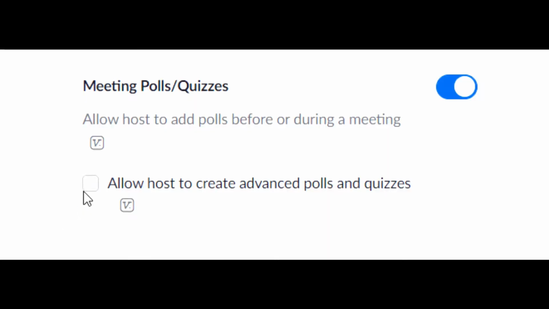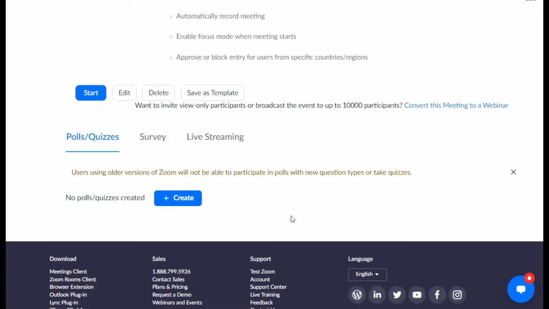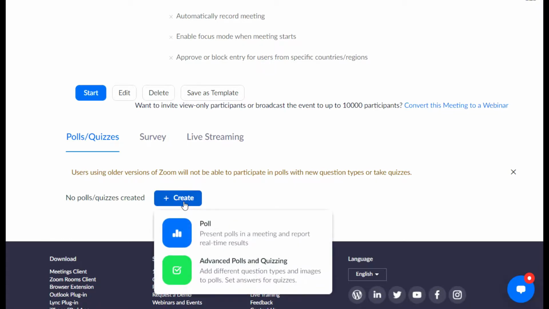Number 3 is advanced polls and quizzes. This is fantastic. You can have fill in the blanks, matching answers. I'll show them here, some of the different options. You want to activate these